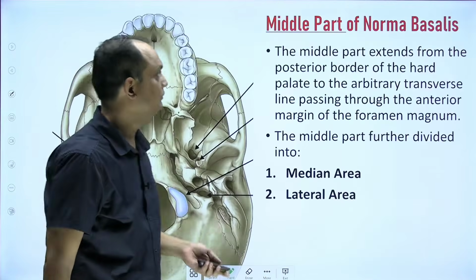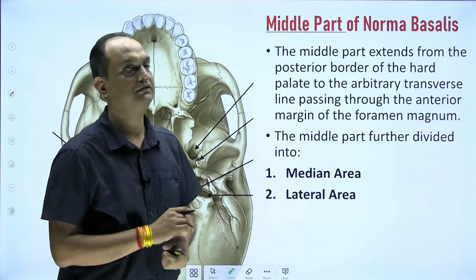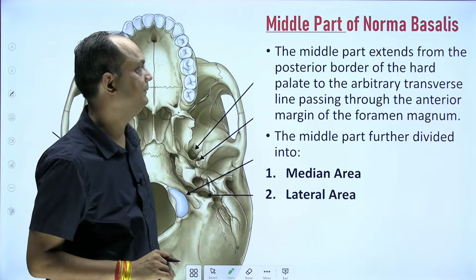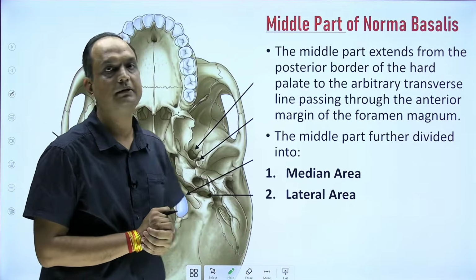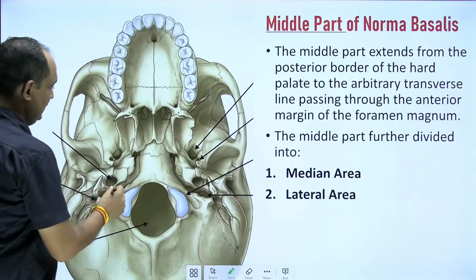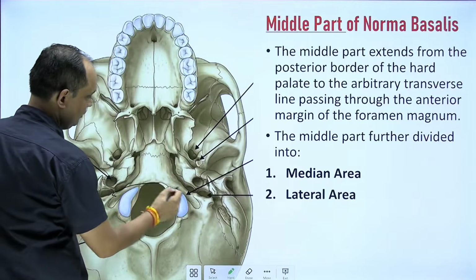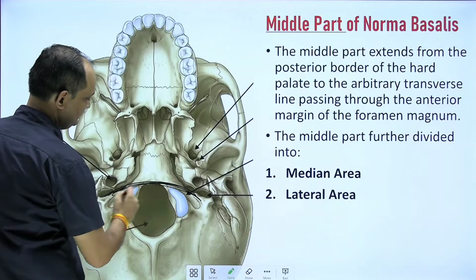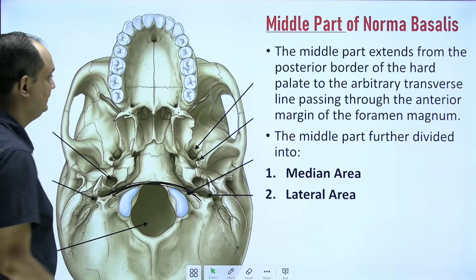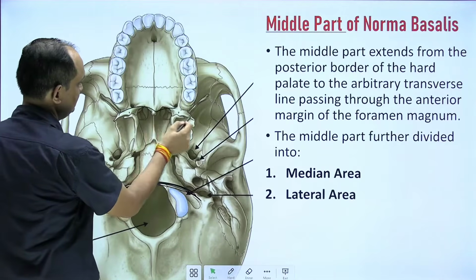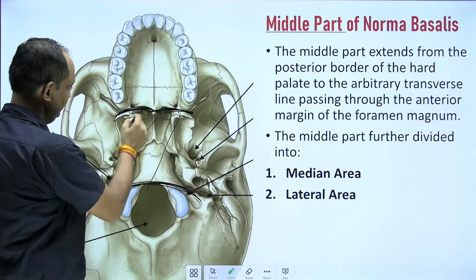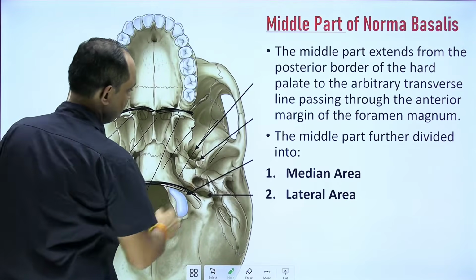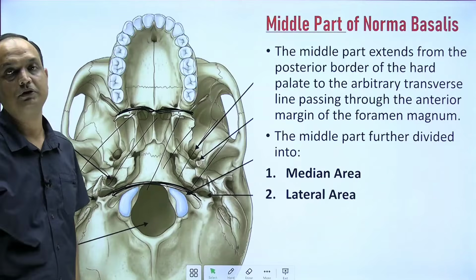Clear? So, the middle part extends from the posterior border of the hard palate to an arbitrary transverse line passing through the anterior margin of the foramen magnum. In my first class, I already told you how we divide. For study purposes, you have an imaginary line here, and this is the posterior margin of the hard palate. So, this area which you are able to see here in between these two parts is your middle portion of